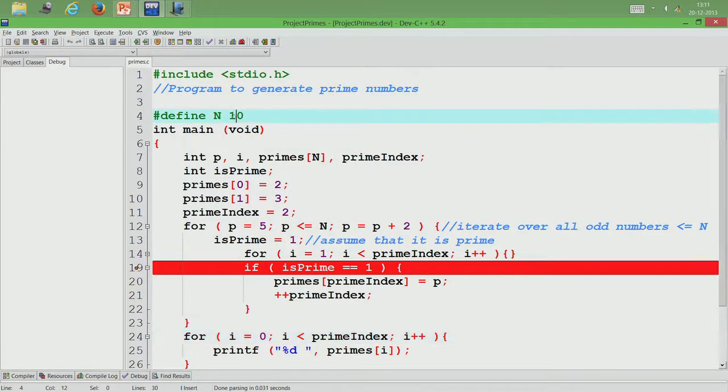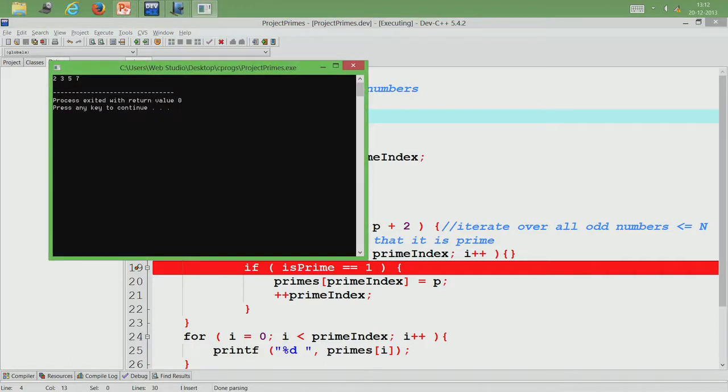As I said earlier, I want to go and change this. Let us say I want to print all the numbers from 2 to 15 which are prime. The first thing I did is edit it and then save it. Let us say I change it to 15, you can see that there is a star on the top which says it is not saved yet. The first thing I do is save. Let us say I do not compile it, I just run it. I saved it, but I did not compile it, so the executable is still holding the old value of n which is 10. So, it is printing only prime numbers up to 10.